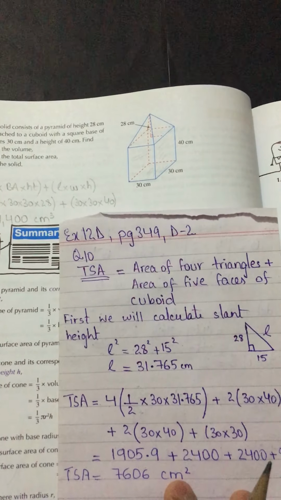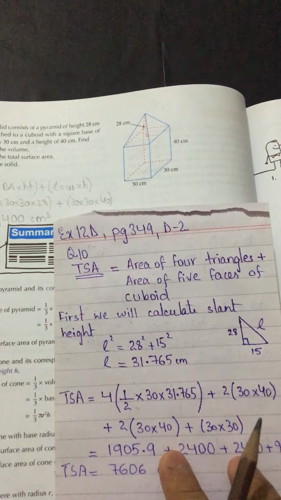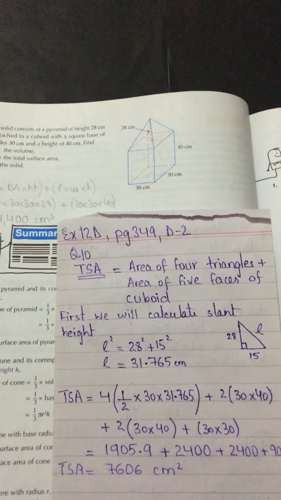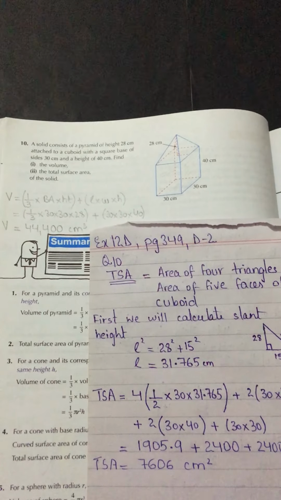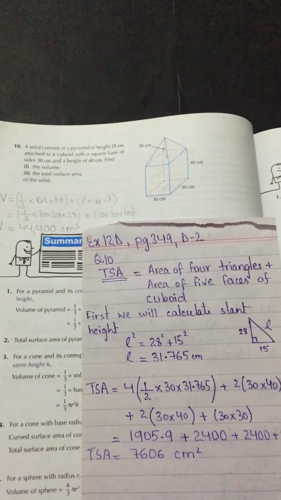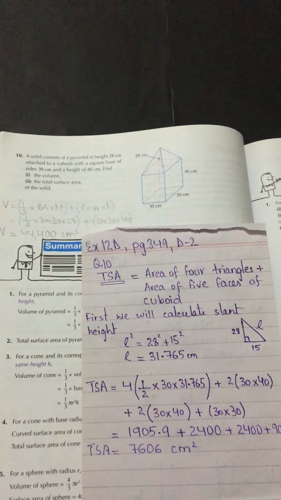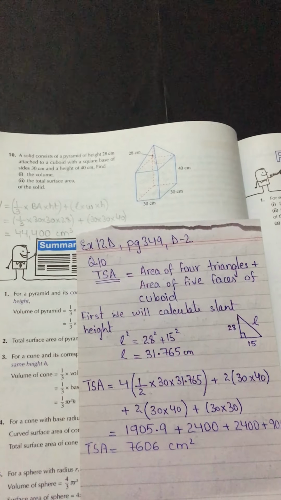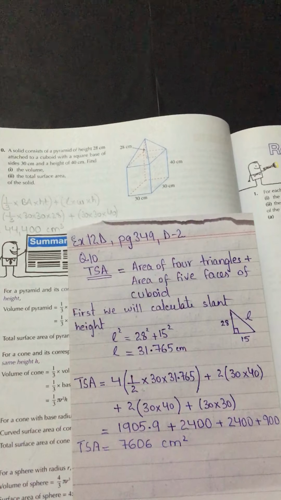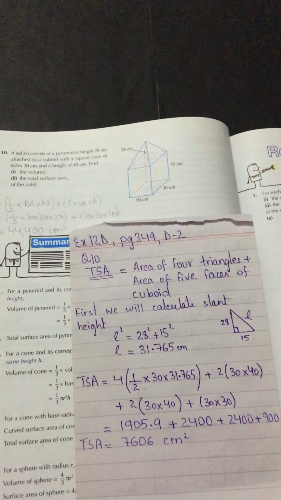So this was a tricky question in which you have to make sure that you only consider those faces which are outside the boundary whenever total surface area is required. For volume, there is no trick. You just have to identify the number of solids, use their formula for the volume and just add them to get the total. For surface area, you just need to have a look at the surfaces which are outside and only consider those to find the total surface area.